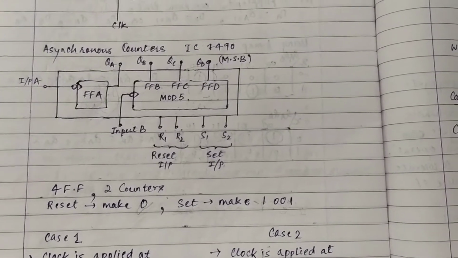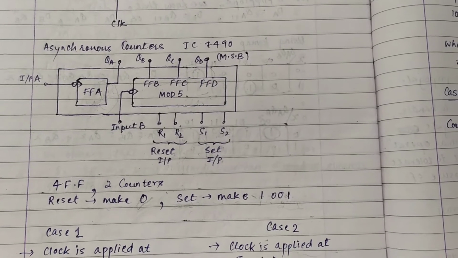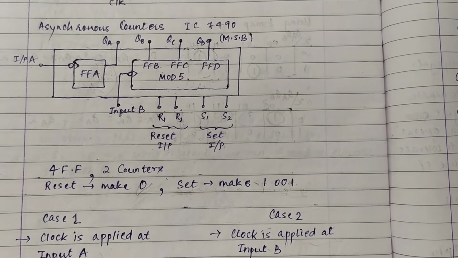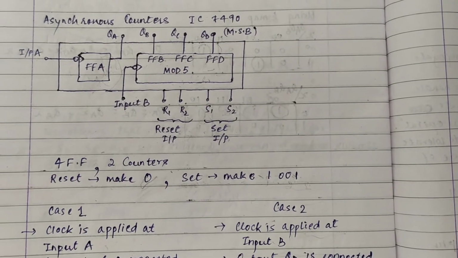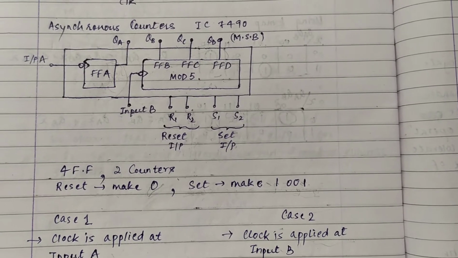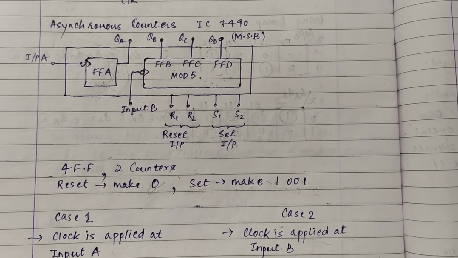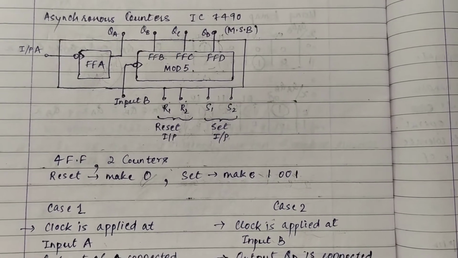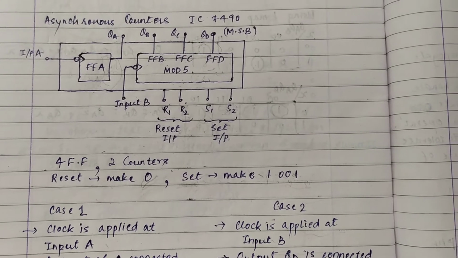But the question is, when will they do their work? There are two cases, active high signal and active low signal. Active high signal is 1, that is high. Active low is 0. So if reset is an active high signal, it does its work when we give it high, that is, when we give it 1. Similarly, set is active high if it does its work when we give it 1. When we give it 0, it won't do its work because it is active high. And what is its work? To make 1. If it is active low, then it will do its work when we give it 0, otherwise it won't.